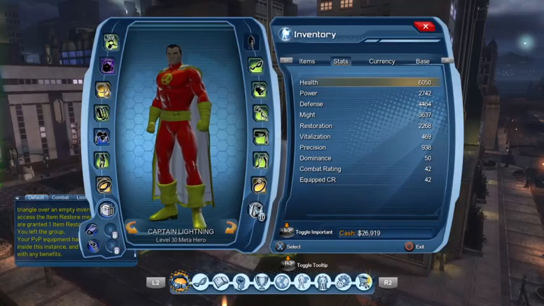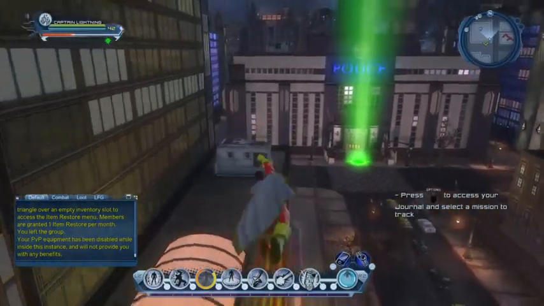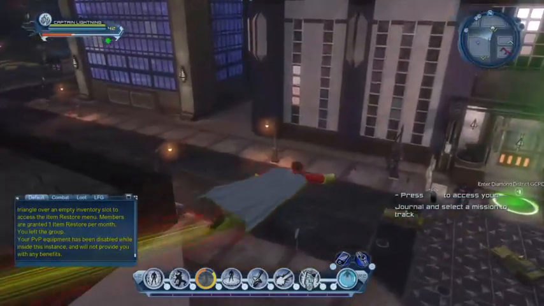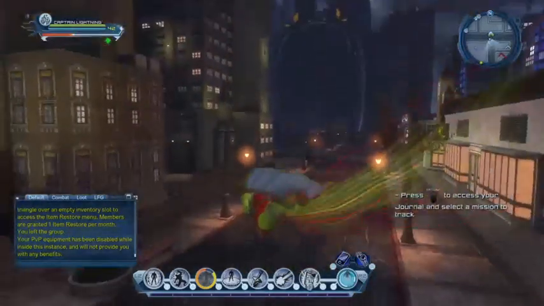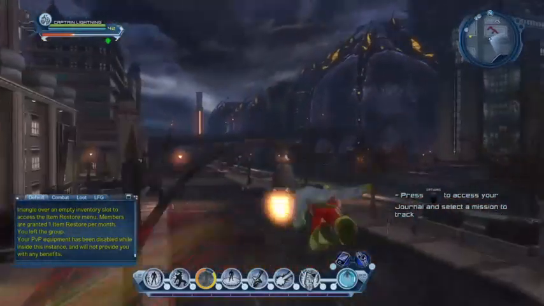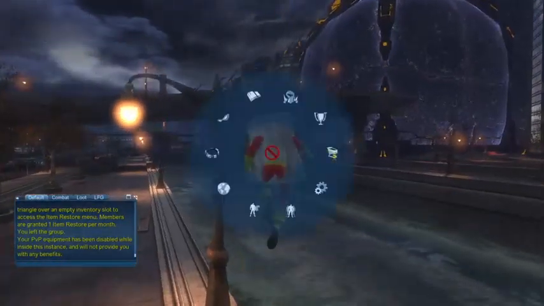So we're still stuck at combat rating 42. So I will show you guys a sneaky little trick, but don't tell anyone. It's a secret. I think I have a base nearby, so let's go there. No, first,